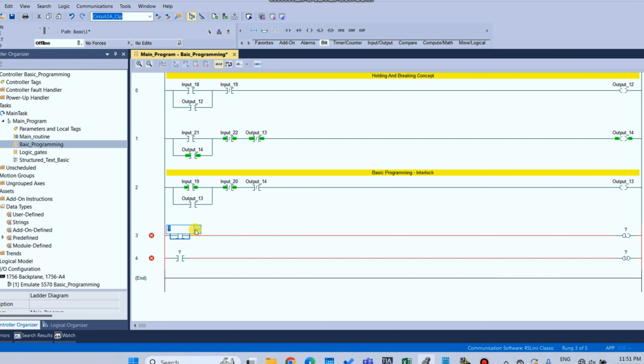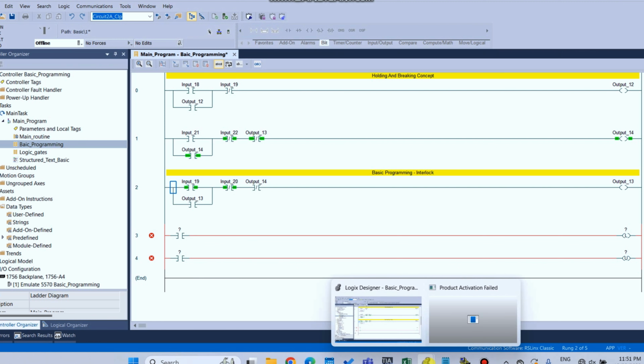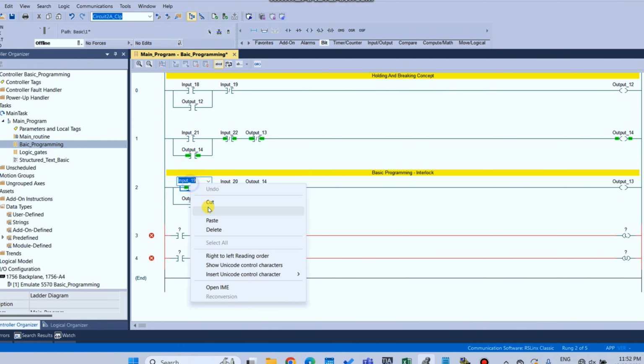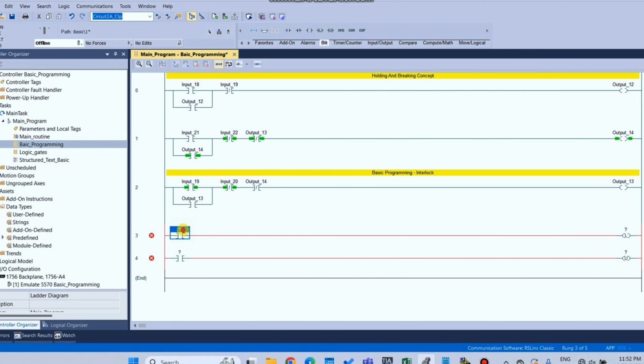So I already created tags and used tags from 19. So input number 19 and input number 20, and input number 20 as input. Output number 13 is already used, so we use output number 13 or output number 14.